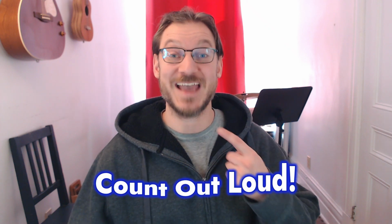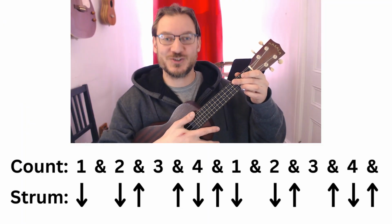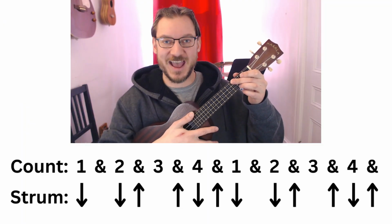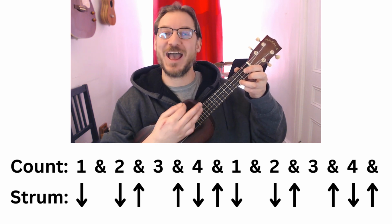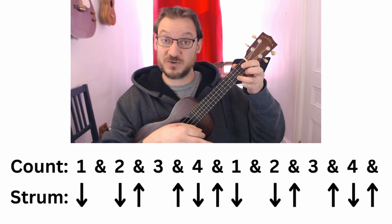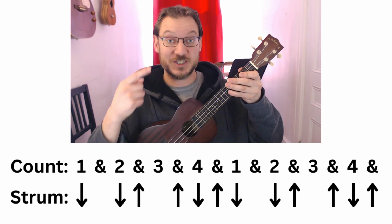Another great way to practice that a lot of beginners don't do is to count out loud while you learn new rhythms or strumming patterns. So for example, I could learn the island strum thinking down, down, up, down, up. But if I practice counting 1 and 2 and 3 and 4 and, 1 and 2 and 3 and 4 and, 1 and 2 and 3 and 4 and, not only am I developing my coordination to do 2 things at once,